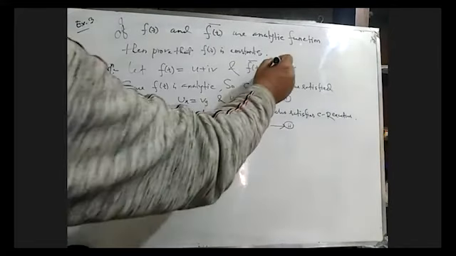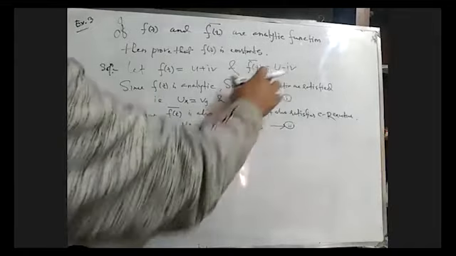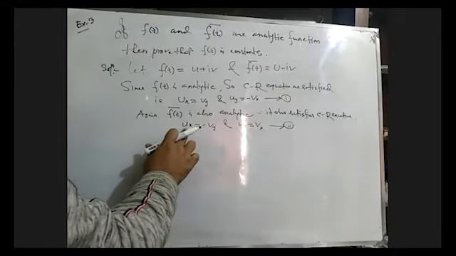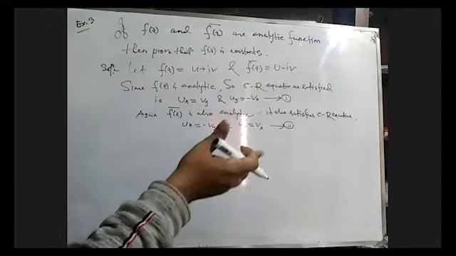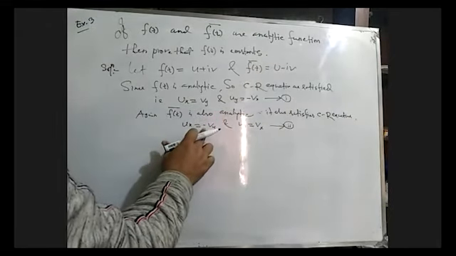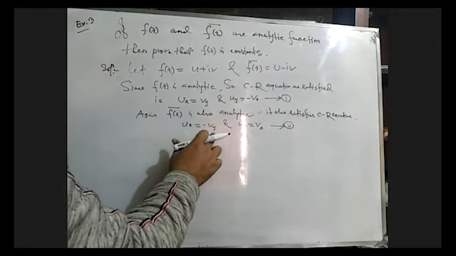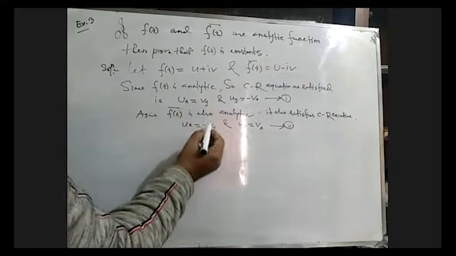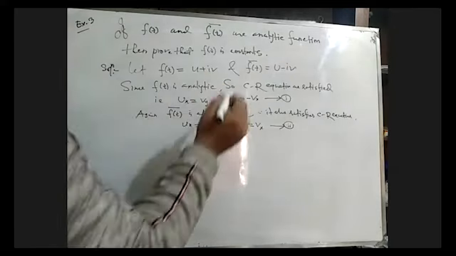Because here the real part is U. Okay. So partial differentiation of u with respect to x will be ux. Now the imaginary part is minus b. This is why partial differentiation of minus b with respect to y will be minus by. Here plus by, but here minus by. The only difference is plus and minus. This is why. Okay.